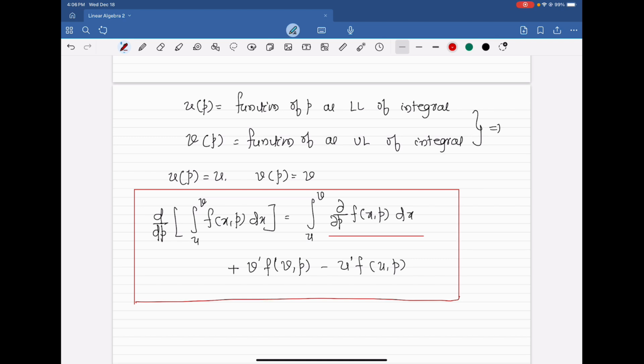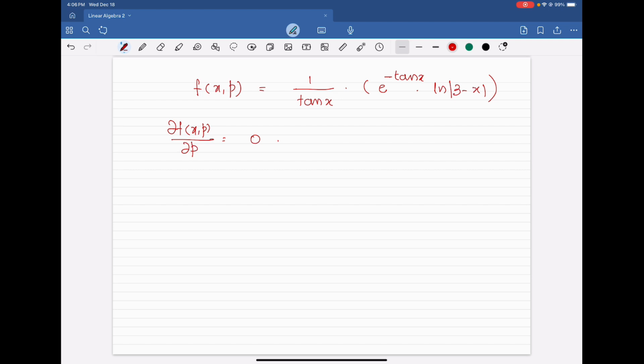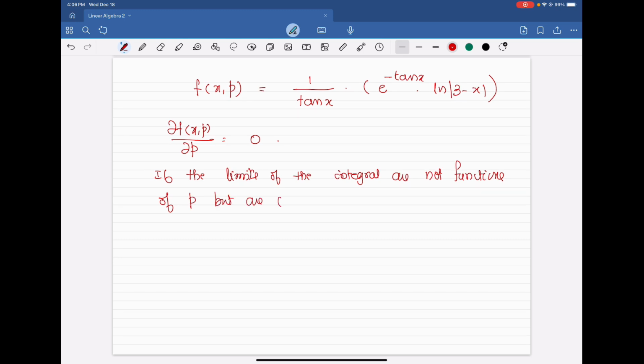For example, if the limits of the integral are not functions of p but are constants,